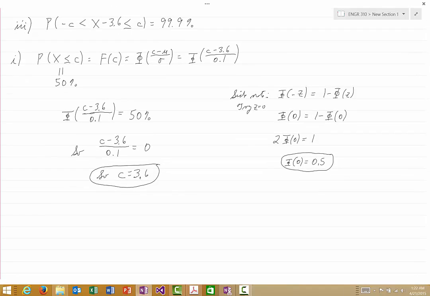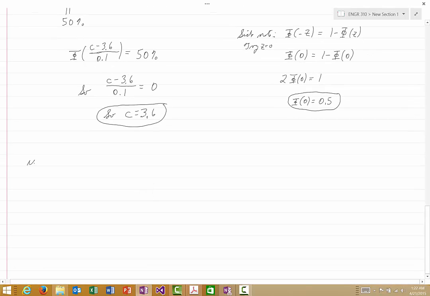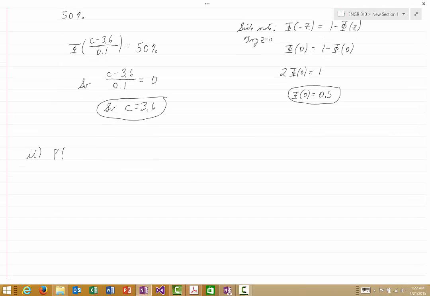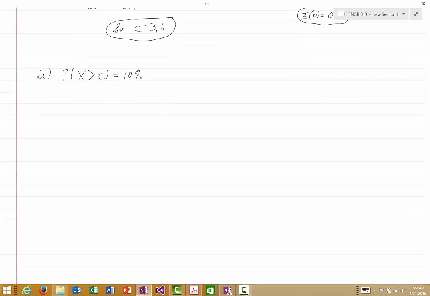Okay, in the second part of this problem, we want to calculate the probability that x is greater than c. We want to find the value of c that will make that equal to 10%. Well, the probability that x is greater than c,